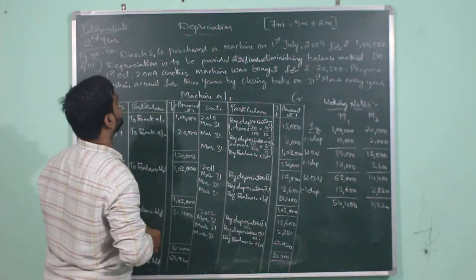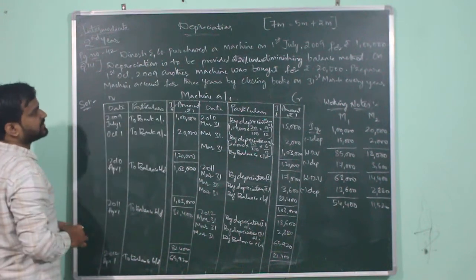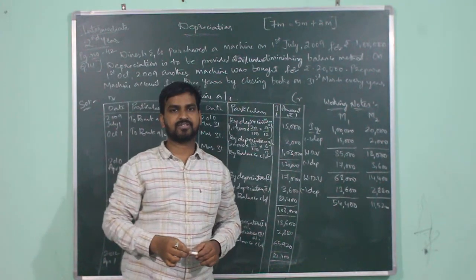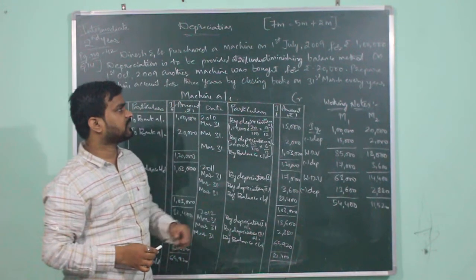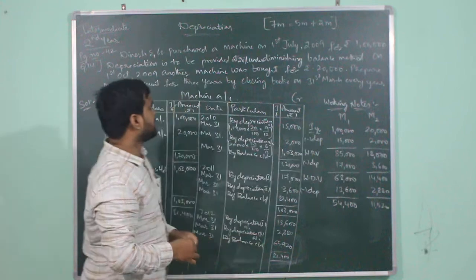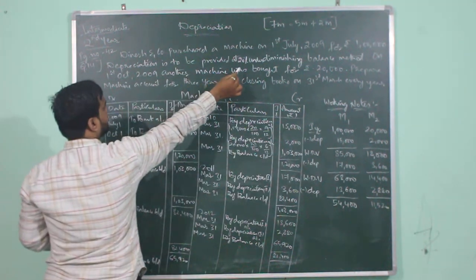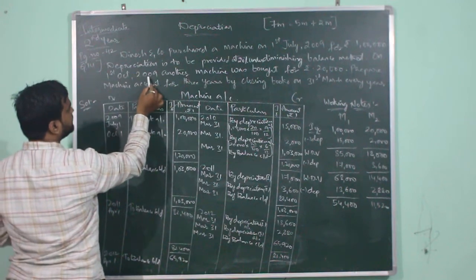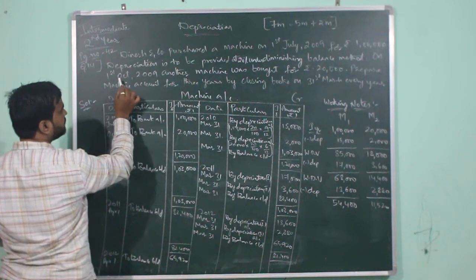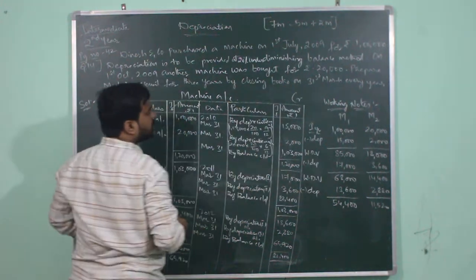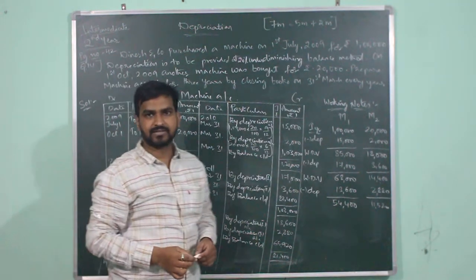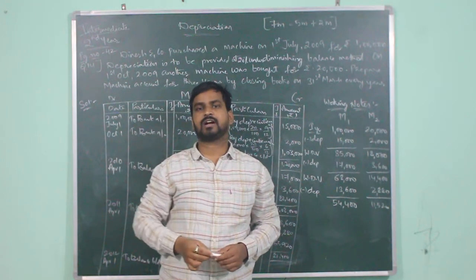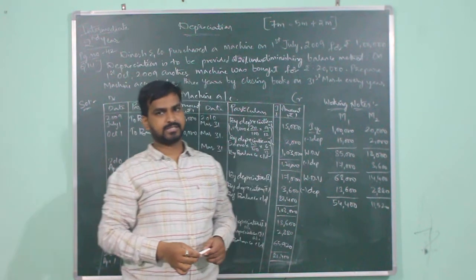So here who are purchasing the machine? Dinesh and company, they are purchasing a machine in the year 2009 in the month of July. So on July 1st they are purchasing machinery for rupees 1 lakh. Depreciation is to be provided under diminishing balance method at the rate of 20%, and they have purchased another machine in the same year 2009 on October 1st for rupees 20,000, and now you are required to prepare machine account for 3 years, assuming that the accounts are being closed on 31st March each year. Let us solve the problem.